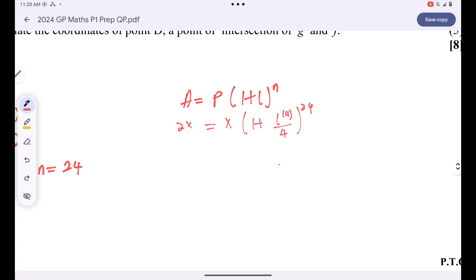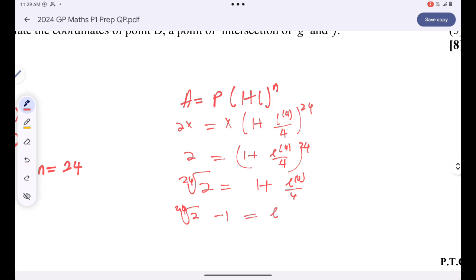I can simply divide both sides by x. I'll end up having 2 on the one side, which is equal to 1 plus i to the power 4, all over 4, all raised to the power 24. The first thing I need to remove there is that exponent. So I need to take the 24th root on both sides. I'll end up having 1 plus i to the power 4 all over 4. And then whenever I take the 1 to the other side, I'll have the 24th root of 2